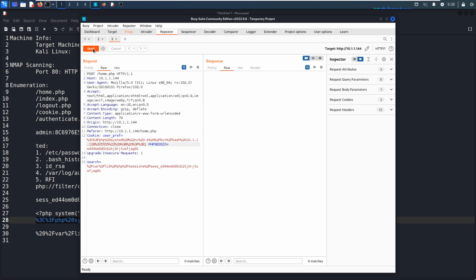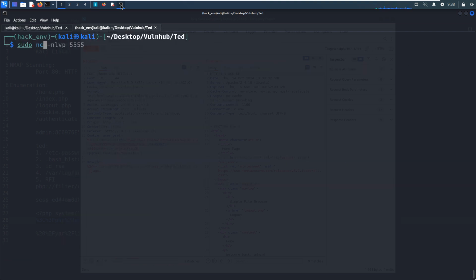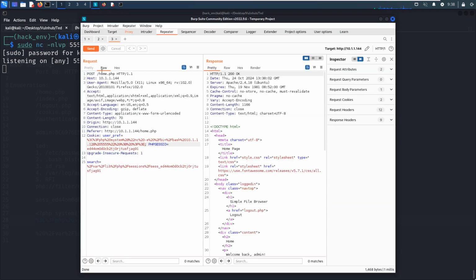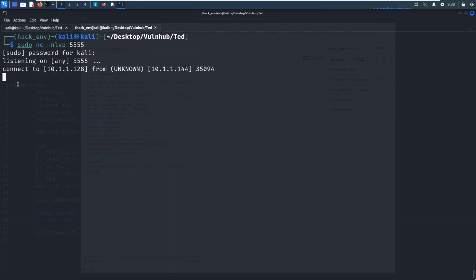Now we can send. Oh, sorry, I think we need to set up the listener first. Send. As you can see, we successfully got the connection from the target. So wonderful. Sometimes you need to send the request a second time or twice, okay?